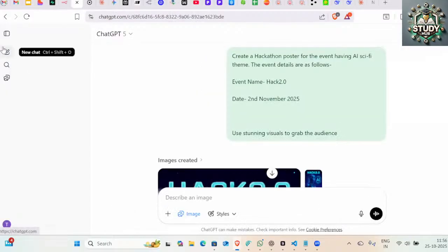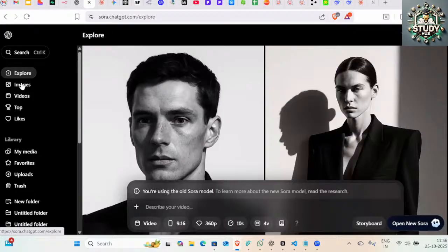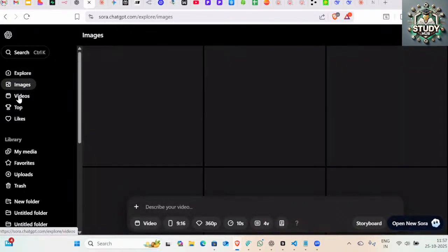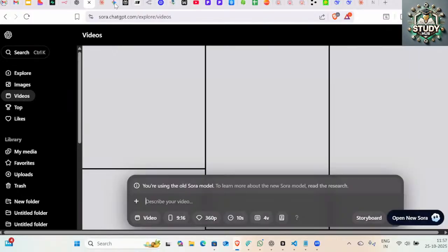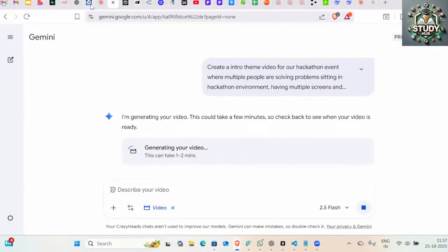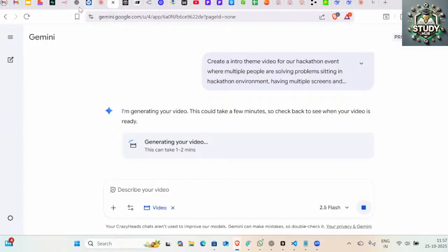So the equivalent of ChatGPT is Sora, right? Sora is the model which is used to generate images and videos. It comes with your, you can say, Pro plan. It doesn't come in the 399 plan, but I can generate images, right? I can generate videos similar way to what I can do in Gemini. Gemini is also free. I think 3 videos per day you can generate for free. So let it generate it.